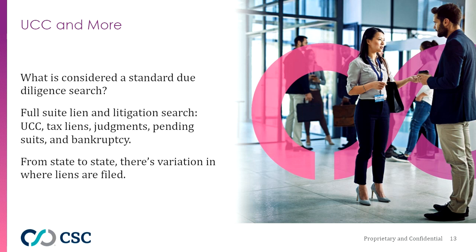And moving on to the third point, this really gets into the weeds, but it's interesting to know that from state to state, there is variation in where liens are filed. Let me just use New York State, my home state, as an example. State tax liens, these would be liens filed by a state agency, are indexed with the Secretary of State of New York, but the copy of the lien is actually recorded and retrieved from the county office where the debtor has its mailing address or principal office address.